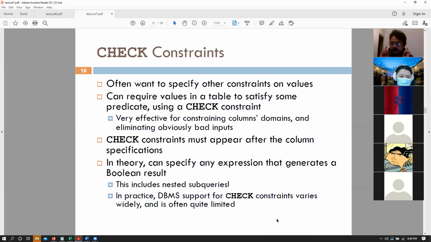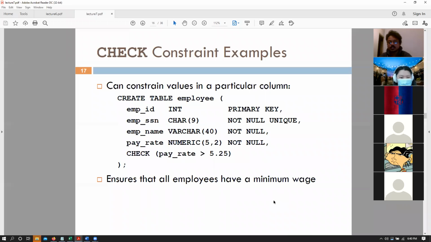It has to be a branch name from a pre-specified list. Or maybe salaries cannot be negative. It has to be positive. I can't actually be asked to pay for working there, except for students who are actually paying. But, right? Okay. So for that, we can say that with a check constraint.